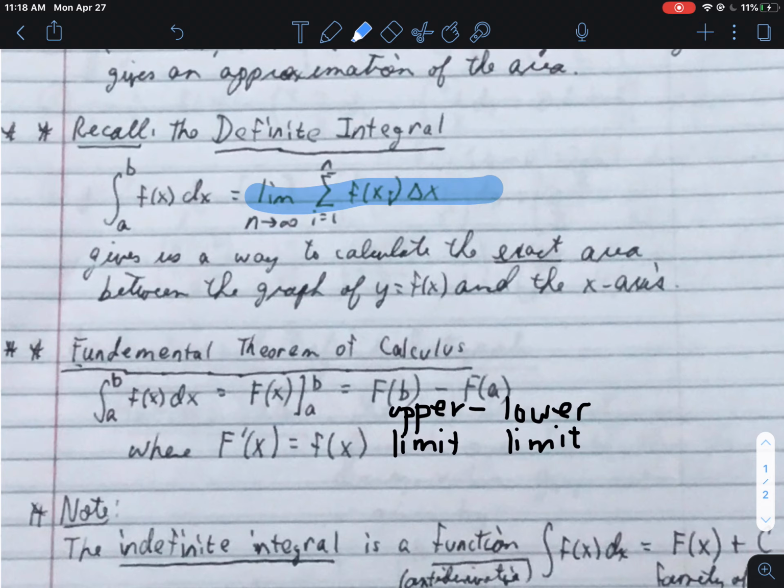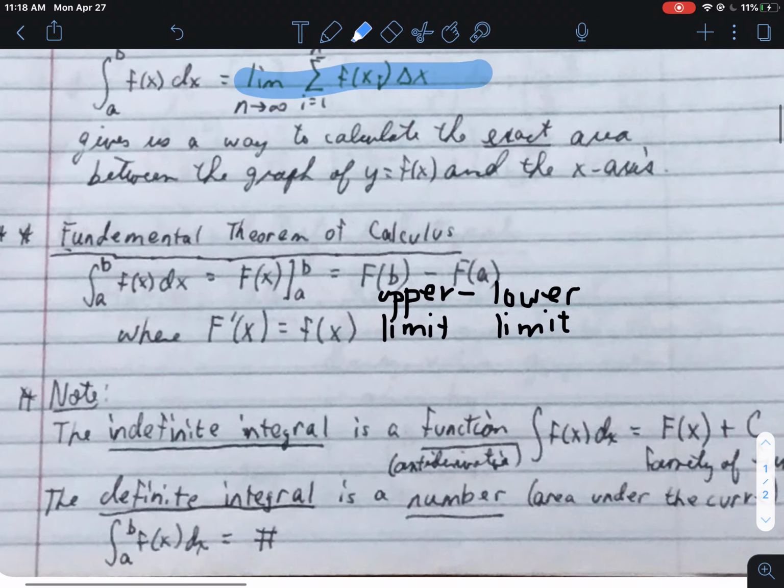I can't add up the areas of those rectangles because I keep having more and more rectangles. Right? So the Riemann sum is not going to work for us. I can't just add a bunch of rectangles. We need a better way. We need a way to calculate the area under that curve without having to go through all that. So if I don't have a geometric formula like we did in the previous example, and I want to be specific and not just approximate like we do with the Riemann sum,